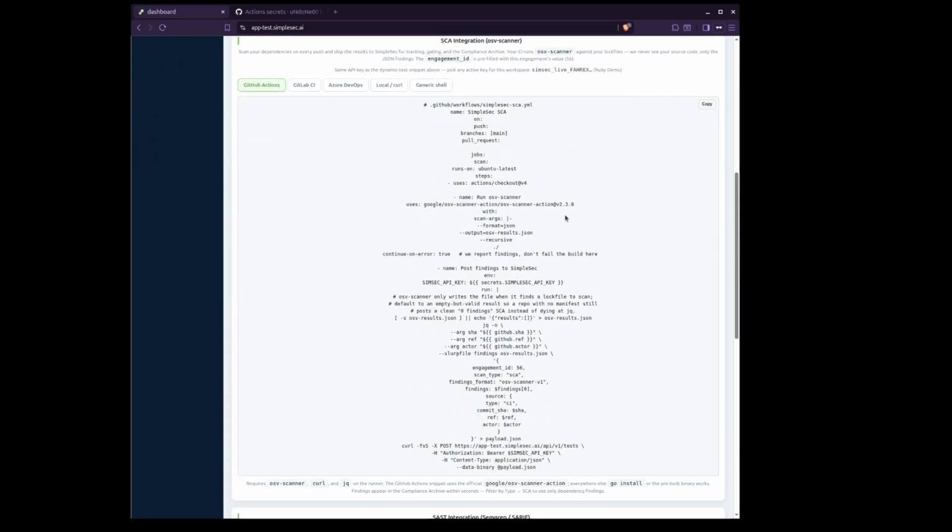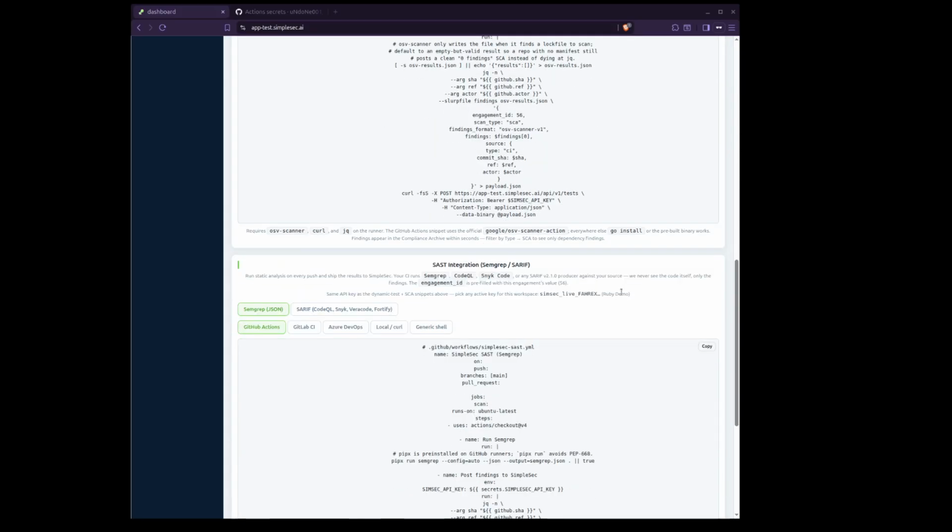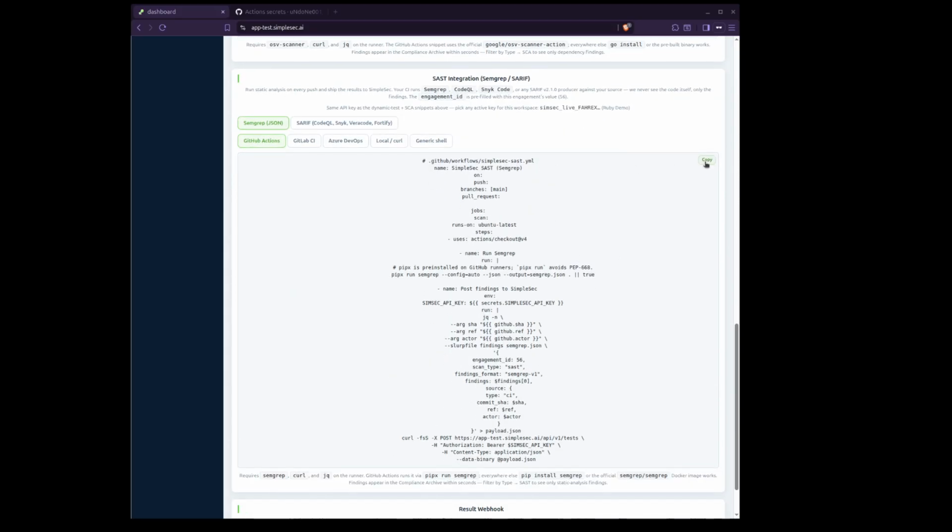waste scanning time. But then the next one is going to be our OSV scanner, which is our SCA test. So we'll create this file really quick. We create this by clicking copy. We go over into my repo, paste it in, save that, and then we will create the SAST one, copy, go over to my repo,